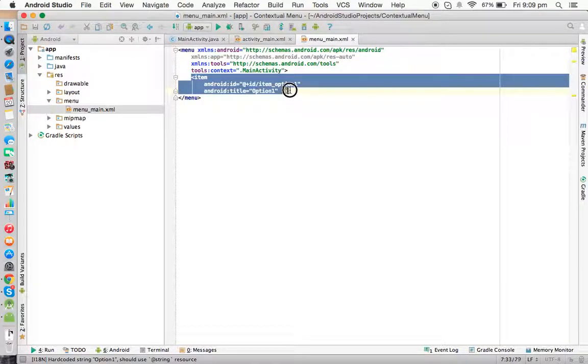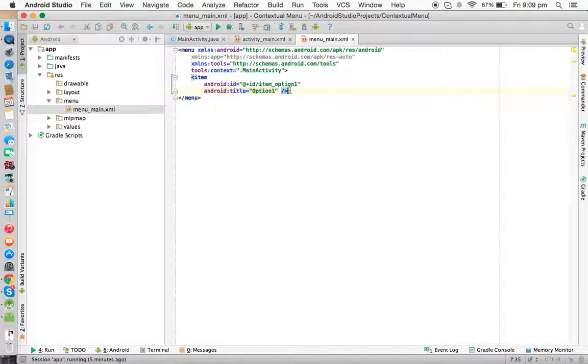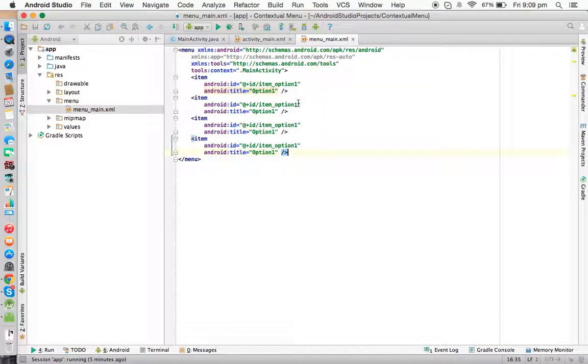In the same way we are going to take 3 more options. Now this one is option 2 and this one is option 3. So we created 4 items for the contextual menu.